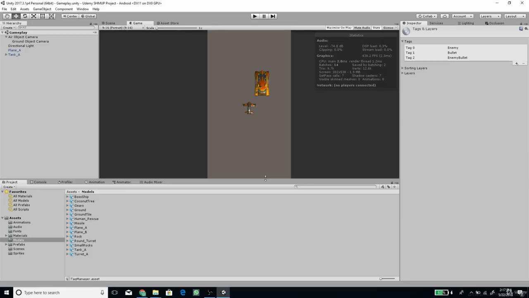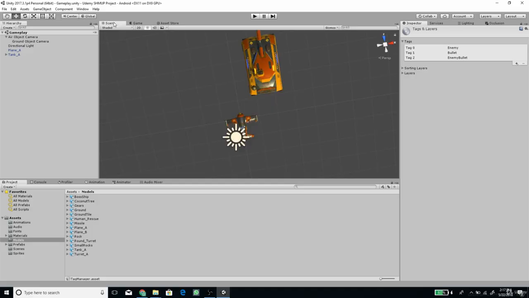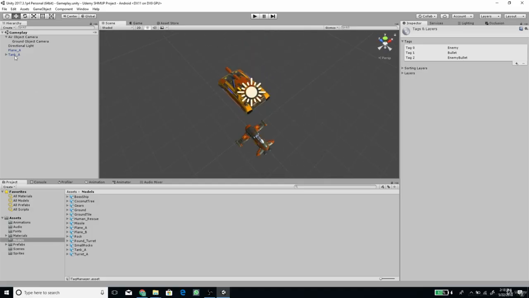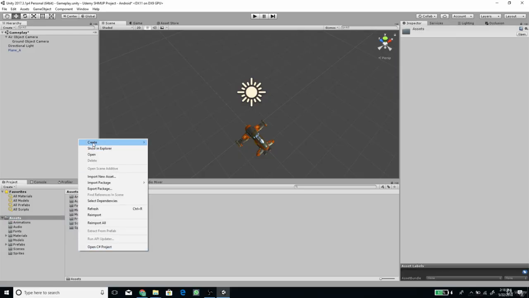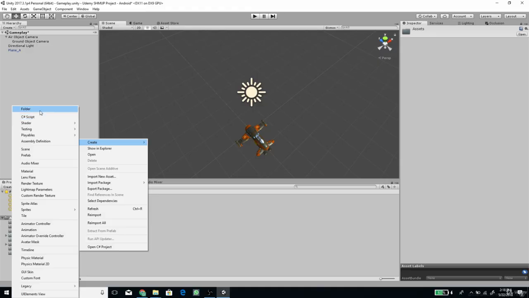So let's continue with our project, and in this video we are going to create the player movement script. First, let's delete the tank game object, and next let's create a new folder in the project panel to hold all of our scripts. We can call this scripts,